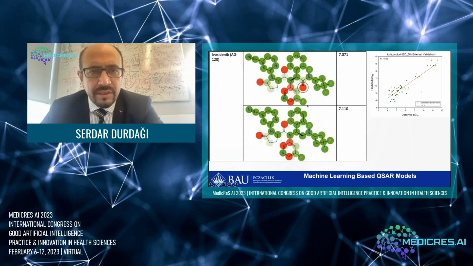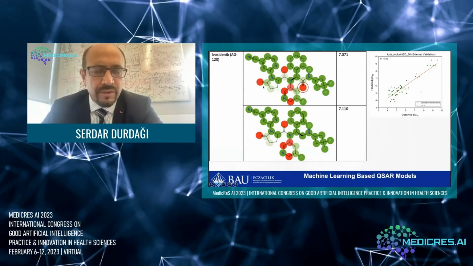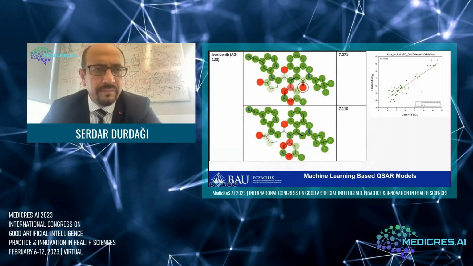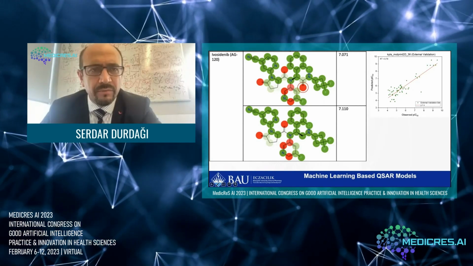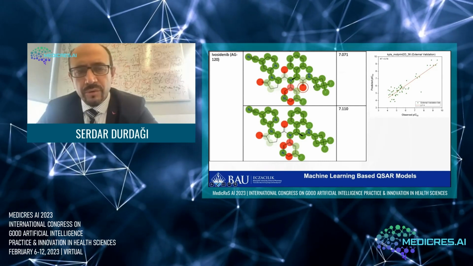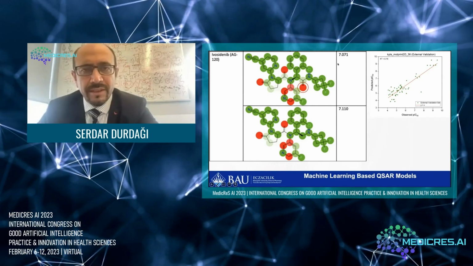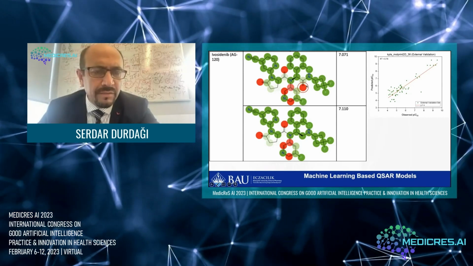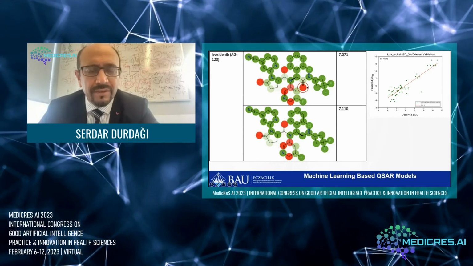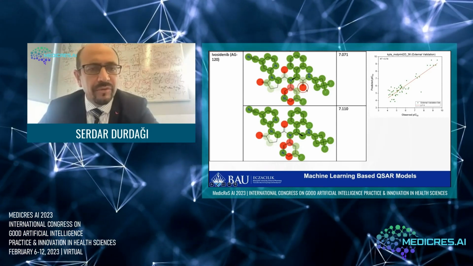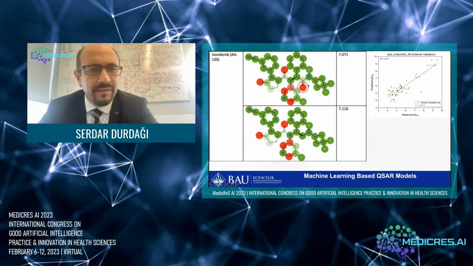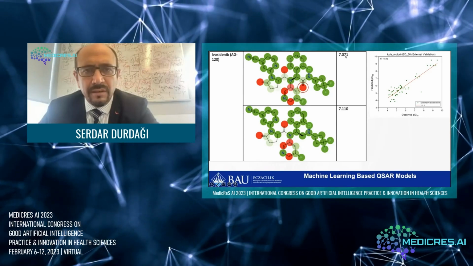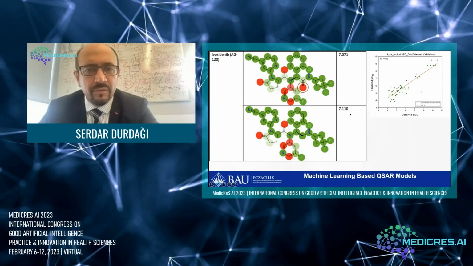So here you can also see how we can use this constructed model to design new molecules. We can label and color each atom with positive contribution and negative contribution. I colored positive contribution to the activity as green and negative contribution as red. So this means that if you remove this part, or replace it with other fragments, you may increase the activity. For example, if I remove this part from the ring, the activity is increased from 7.7 to 7.11.